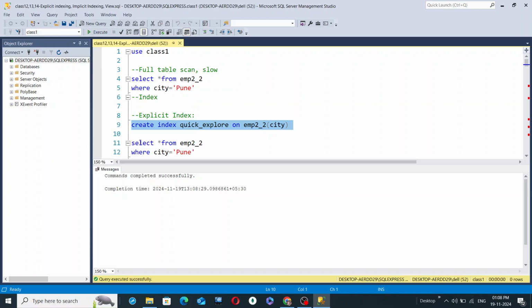Execute. Commands completed successfully. Now I'm going to run the same search query, that is select asterisk from emp2_2 where city is equal to Pune. Just like we did under the full table scan, here also we have to do the same thing. Select asterisk from emp2_2 where city is equal to Pune, display all the records from this table wherever the city is Pune. And this query search operation